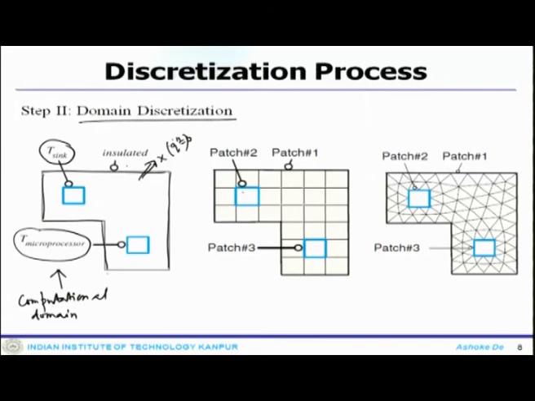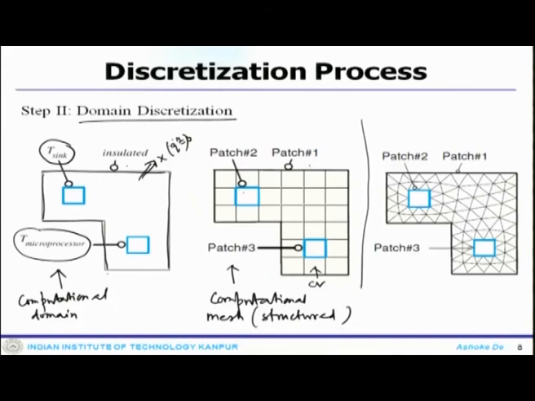In this portion I have a boundary condition, at the heat source portion I have a boundary condition, then there is another boundary condition. Then if I discretize them with a structured control volume, this looks like a computational mesh. So, this is a structured mesh or quadrilateral mesh. This could be option 1.